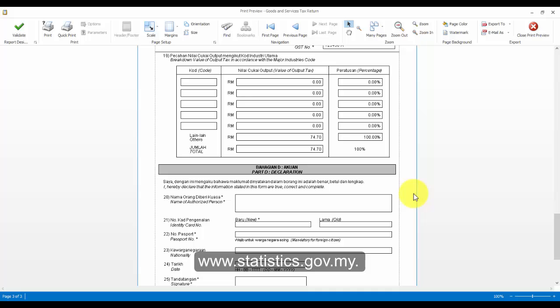For item 19 in the GST 03, users are required to fill in the MSIC code of their company. MSIC code is an item code that consists of 5 digits, representing your business nature, also known as Major Industry Code. You may find out your code at Malaysia Standard Industrial Classification, which can be downloaded from